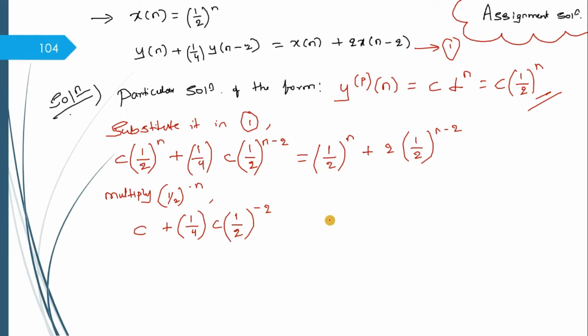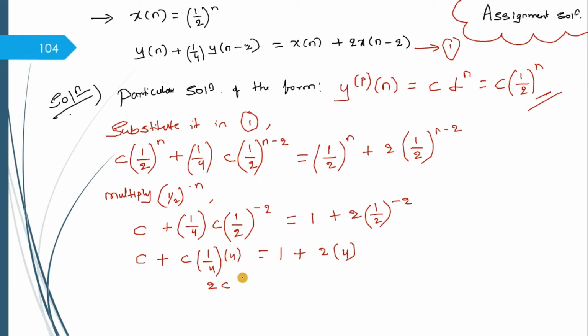Okay, next this is equal to, this cancels, 1 by 2 raised to plus n and minus n cancels, you will be left with only minus 2. So if you solve this, I get c plus c. So 1 by 4, it is 4. 1 by 4, and this is just 4. 1 by 2, 1 by 4, it is raised to minus. That's why I am taking it in this fashion. 1 plus, this is 2 into just 4. So I get it as 2c, because this cancels, 2c is equal to